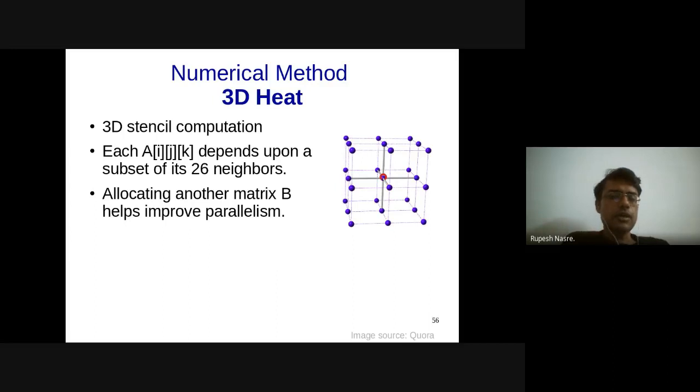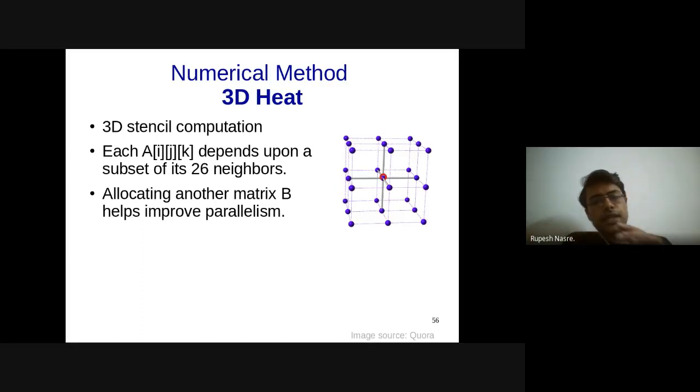Alternatively, if your heat equation is such that you can afford to, and if you have space available, you might be able to make use of a separate 3D matrix where you read from the original matrix and make a copy of it when you compute the next iteration's matrix.